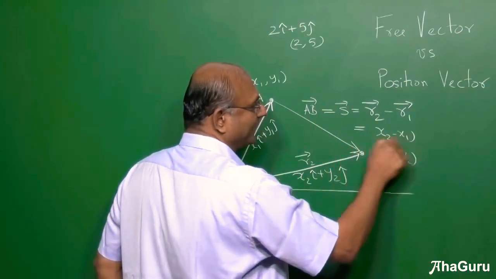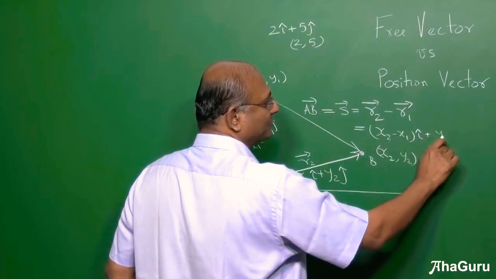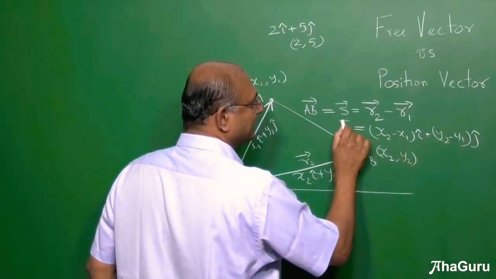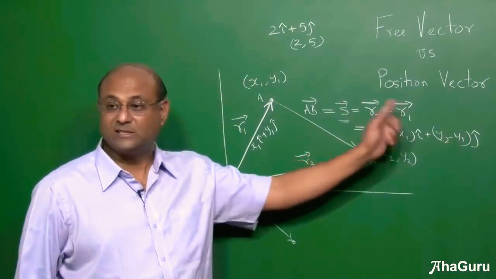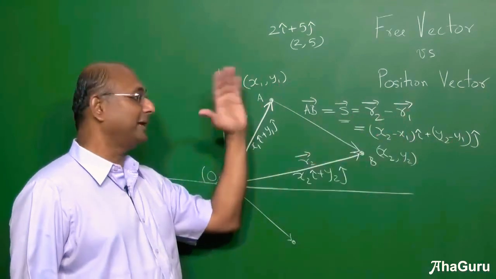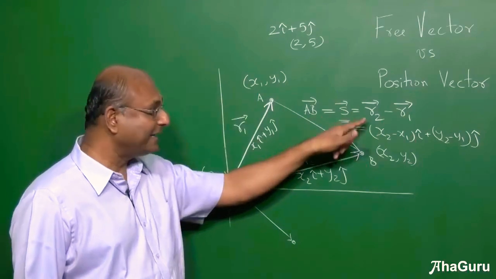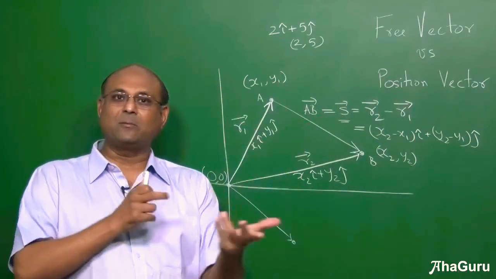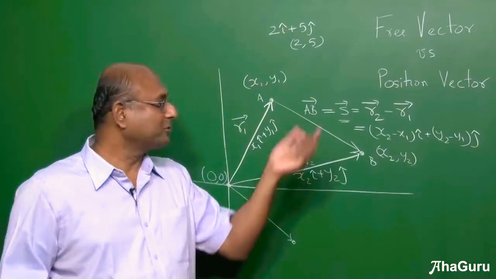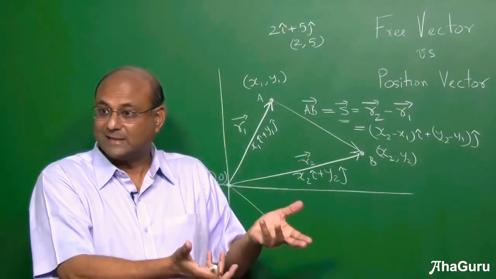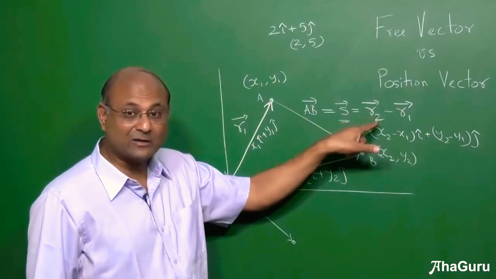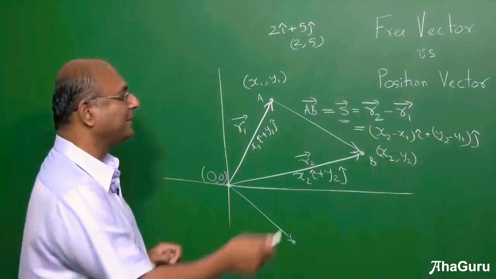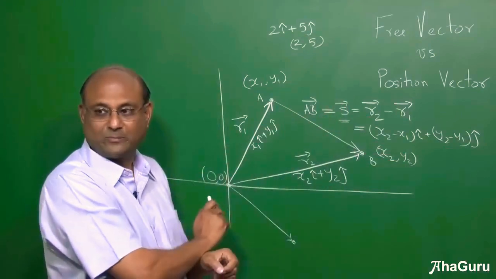Okay. Right. So if I look at this R2 minus R1, you can write that as x2 minus x1 i cap plus y2 minus y1 j cap. So you can see that displacement is a change in position, final position minus initial position. The reason we write that is because we can write position as a vector and we can subtract. Otherwise, what do you mean by subtraction? With position A and B, how do you do B minus A? You can't do. But with vectors R2 minus R1, of course you can do. So that is exactly what we mean when we say displacement is a change in position. So I hope that is clear.